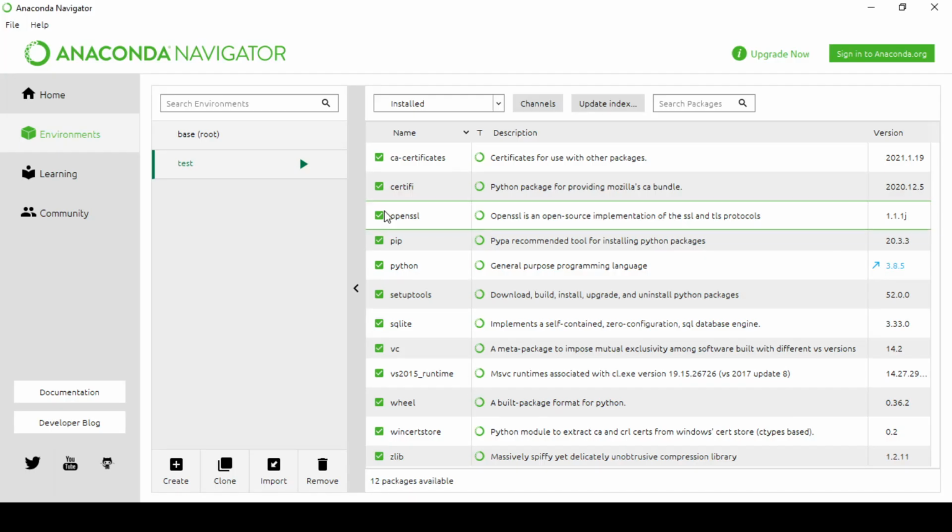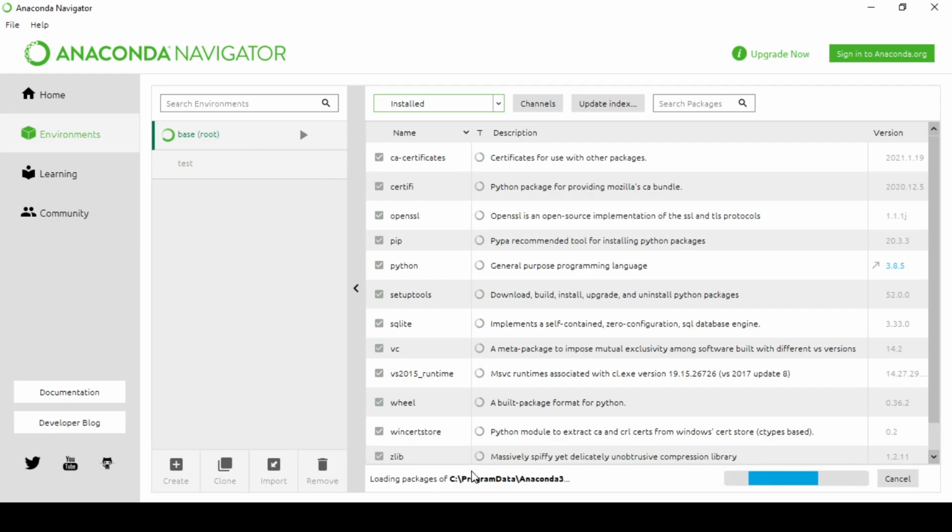If I go to Anaconda and if I activate this environment, it is already activated. If you want to switch your environment, you can click on base root and it will start updating or activating base environment.